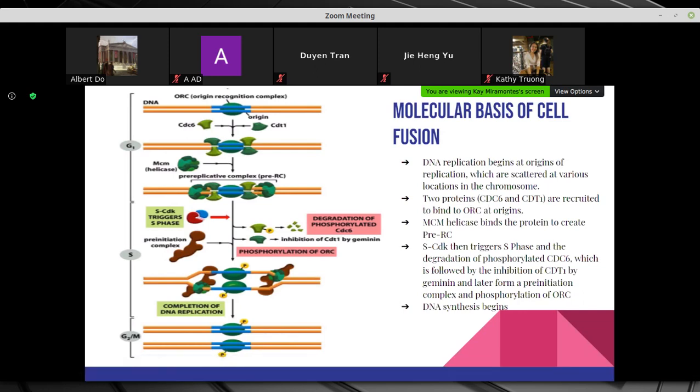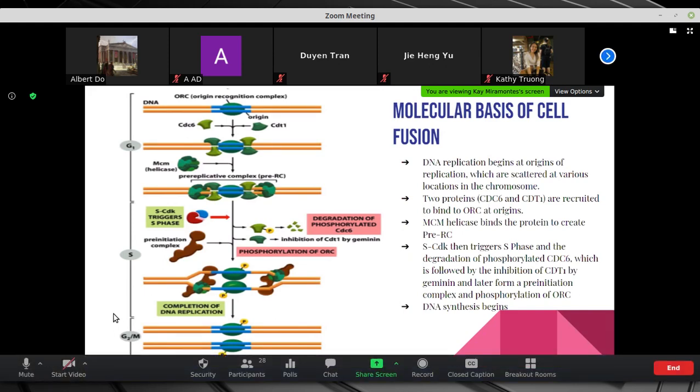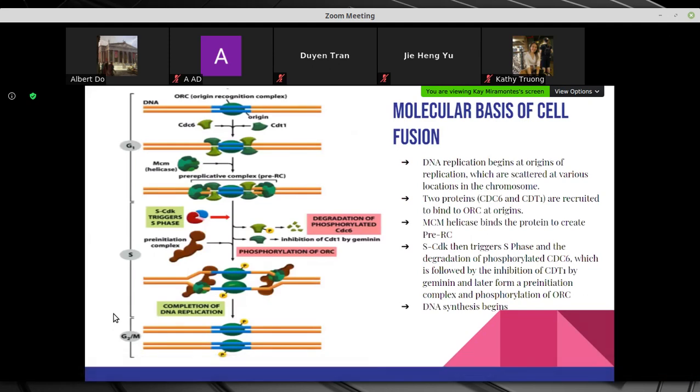In the G1 phase, the proteins being used here are CDC6 and CDT1. Right after, you can see that another protein appears. G1 recruits one more protein called MCM, which is known to be a helicase. The function of this MCM helicase is to bind the protein so it can become the pre-replicative complex. Once the SCDK triggers the S phase, which means that it will trigger the